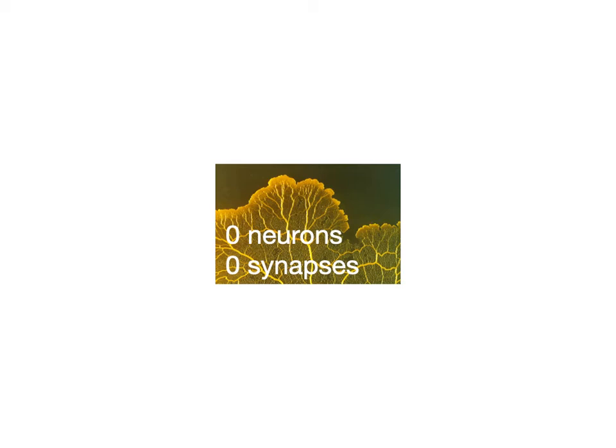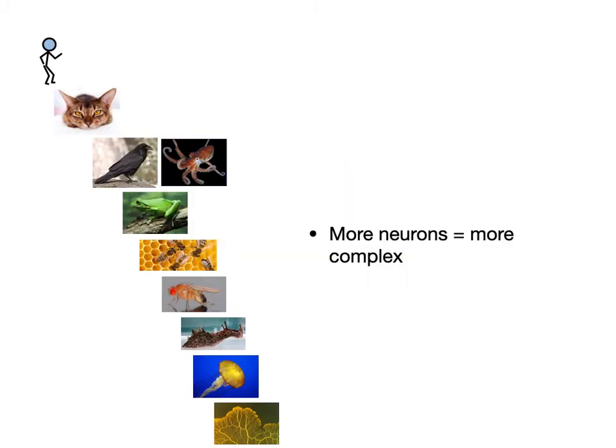So, I hope this paints the picture that neurons are a sort of specialized tool, and they let us do lots more informational tasks. Thinking about us, more neurons is more complex. The human is a more complex entity than the cat, a little more complex than a crow, toad, bees, right? And what it always comes down to is think about what they are doing, what they are solving. Cats rank pretty high up there because they are profoundly social creatures. Now, they don't really always run in packs or anything, but they have a lot of social stuff to do, just like we do. I'd say crows and octopi too, but as we go down the list,